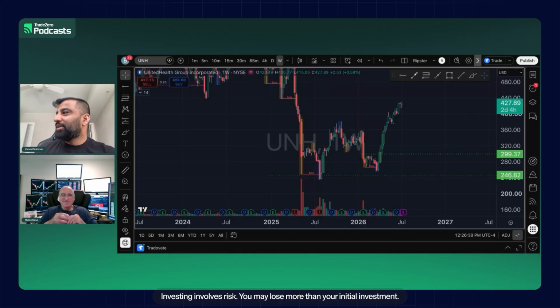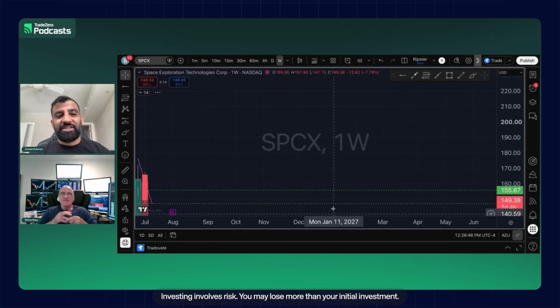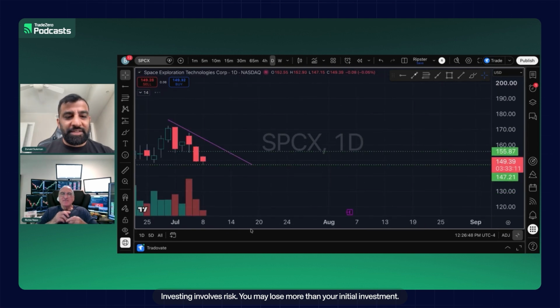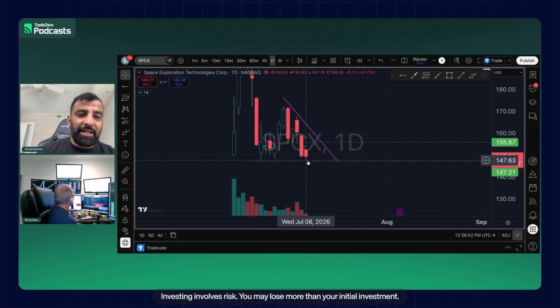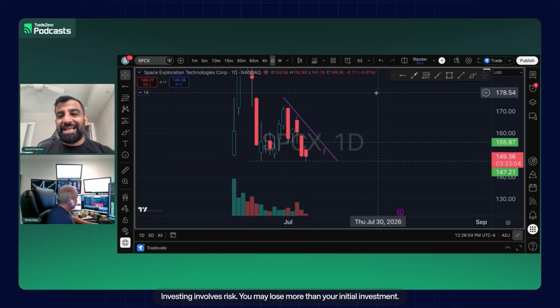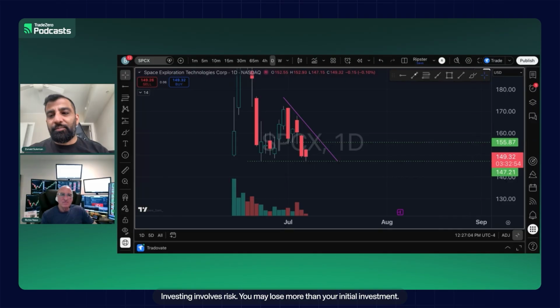Well, we missed quite a few of them, but another one that is interestingly testing support, I guess is the best way to say it, is SpaceX, where at this level of 147.21, even today, it went ahead and tested it, and it's bounced at the moment by a couple of points, still a long way to go. But the next resistance level that I have is about 155.87, call it 156 or so. We'll see if it can get above that.